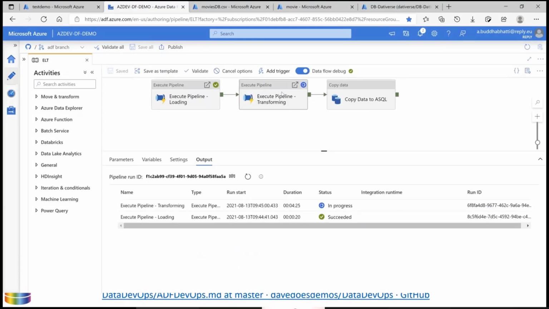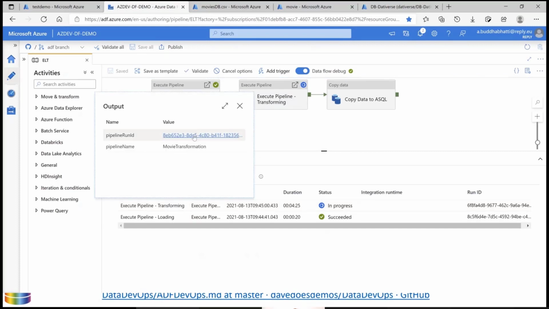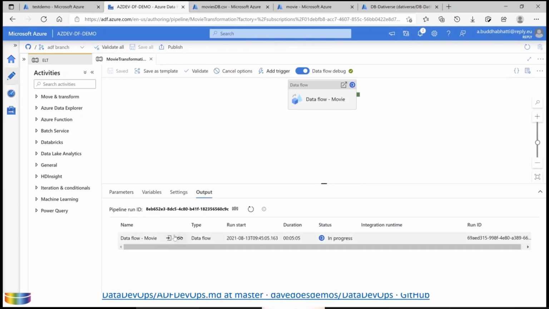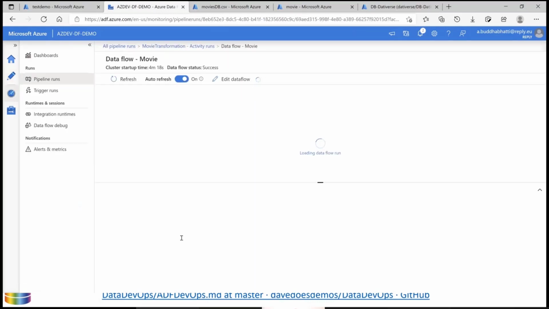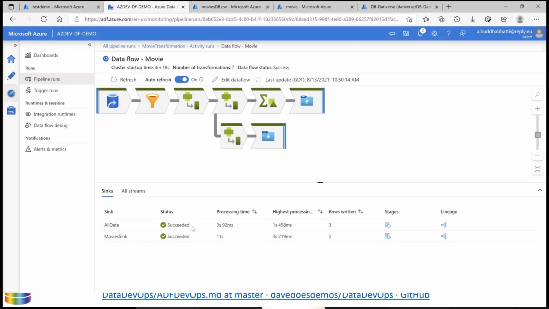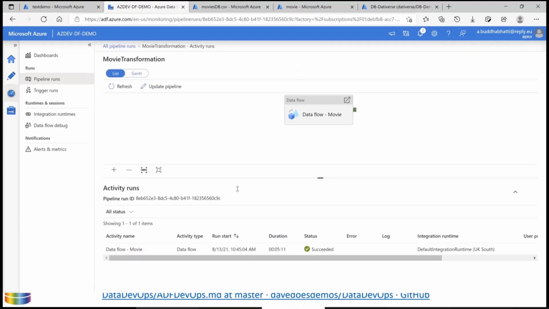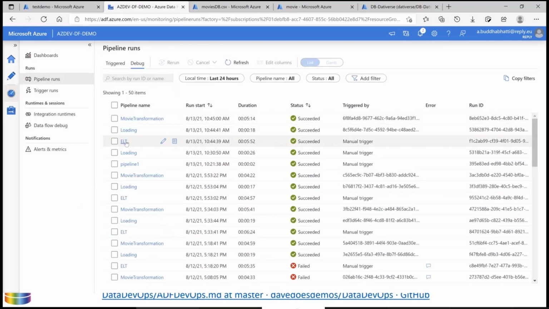Let's go here, and this one is still executing, but we can still see what it is doing. For that you can click the output arrow. You can see it's still executing, and what it's doing. It seems it's almost done now. Here you can see this has written 3 rows and this has written 2 rows. So let's go here. It has done now. So let's go to the ETL pipeline.